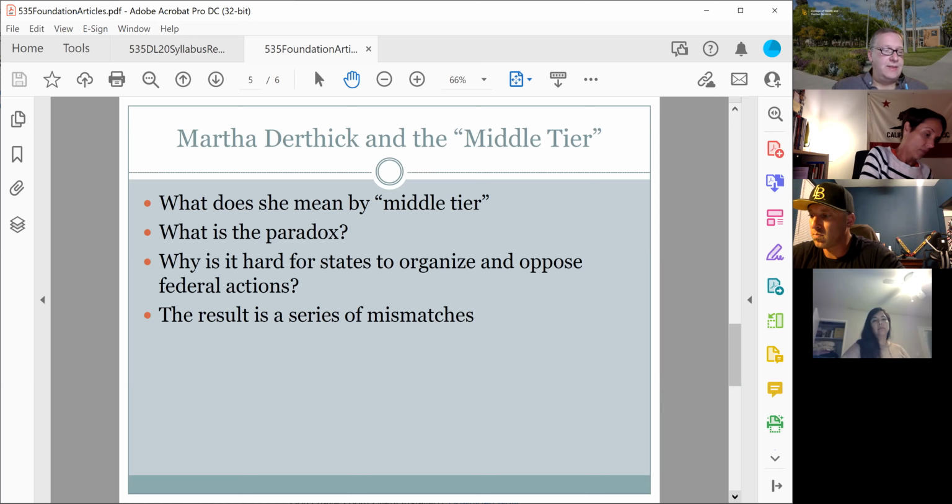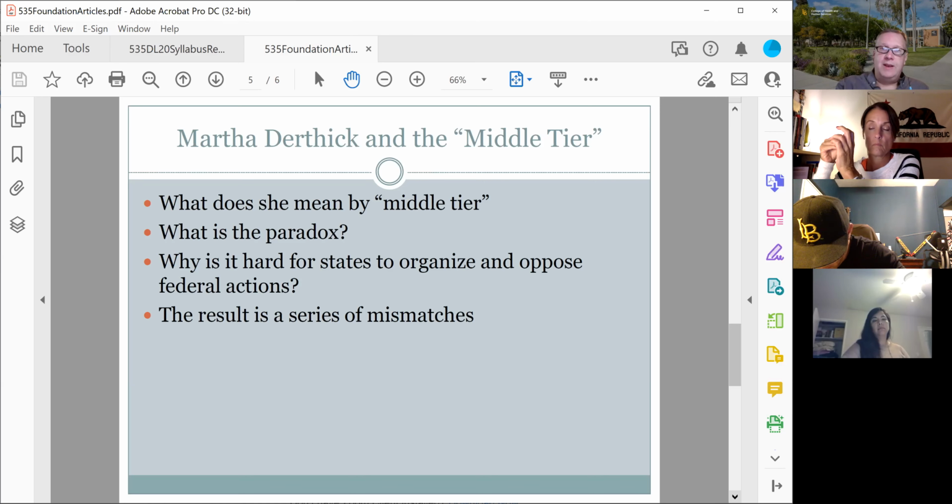the mismatch is that the national government will offer up these prescriptions. They will offer up, here is what we should be doing, here is what you should be doing, without a lot of an eye on practicality. And so the national government and Congress won't have to worry much about whether these solutions are practical for implementation, because they're not the ones who have to implement. And so you get these grand prescriptions coming from the national government, and then it's left up to state and local governments to actually implement them. And there's a mismatch because those grand prescriptions are sometimes impossible, or at least very, very difficult for state and